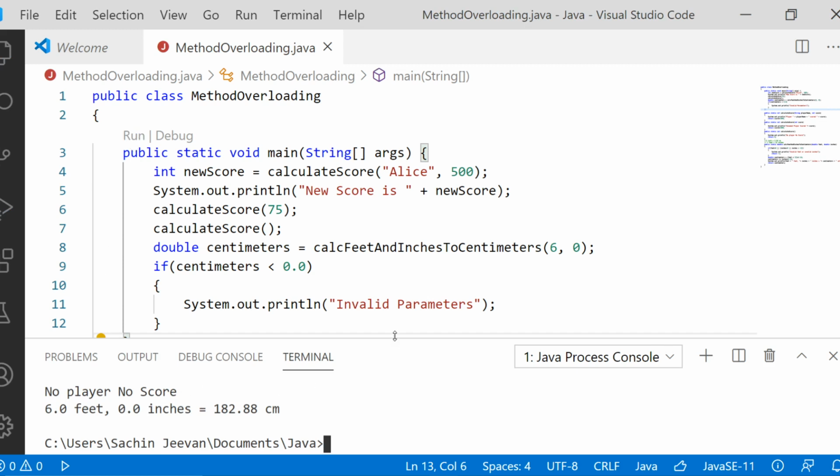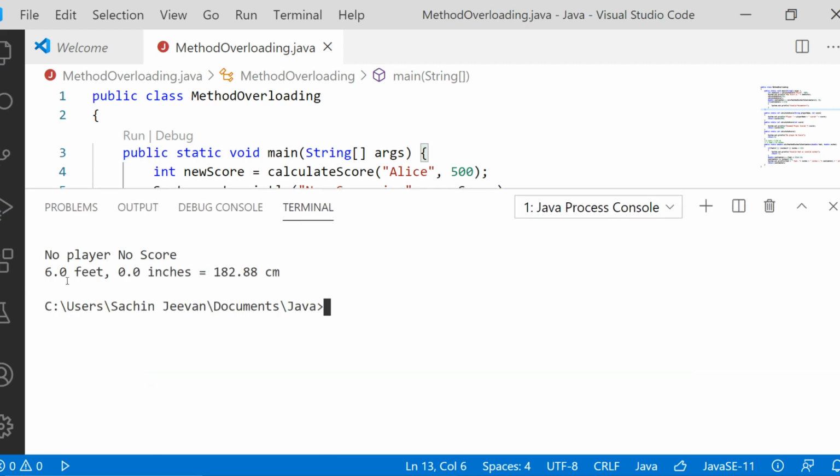So see here, it is telling us that 6 feet 0 inches together is 182.88 centimeters.